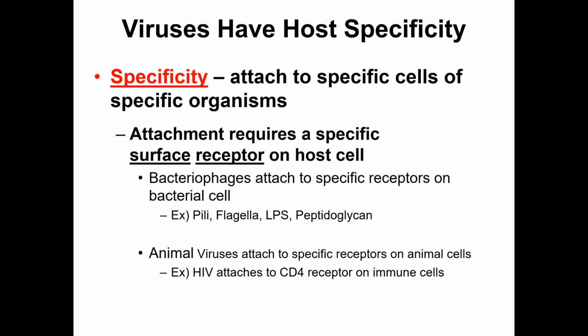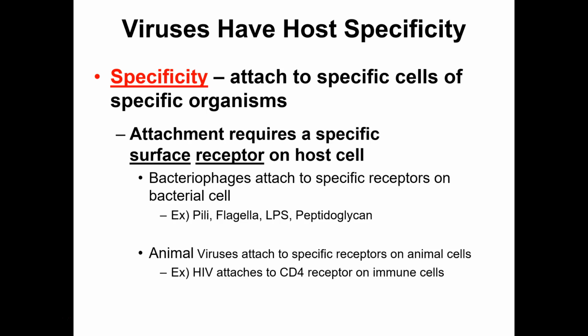So we've got these spikes, right? They stick out of the virus. They use them for attaching to host cells. Next thing we have to talk about is specificity. So they use the spikes to recognize something on a specific host cell. So usually the viruses use their spikes to attach to some surface receptor or some other molecule.